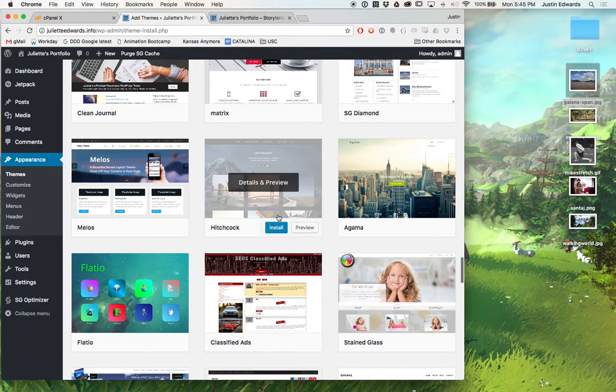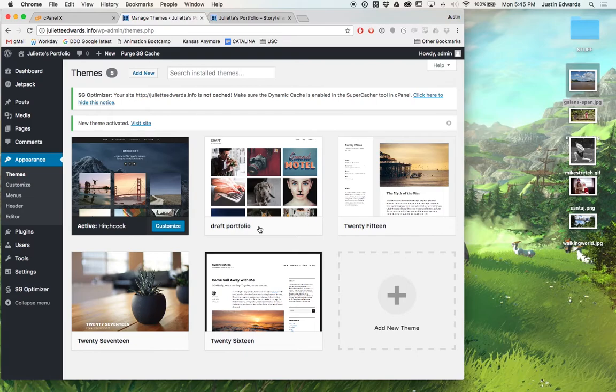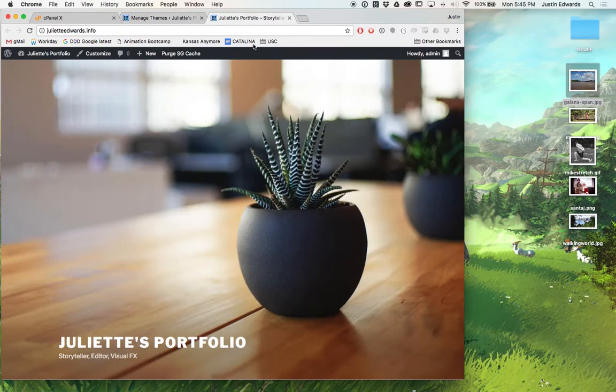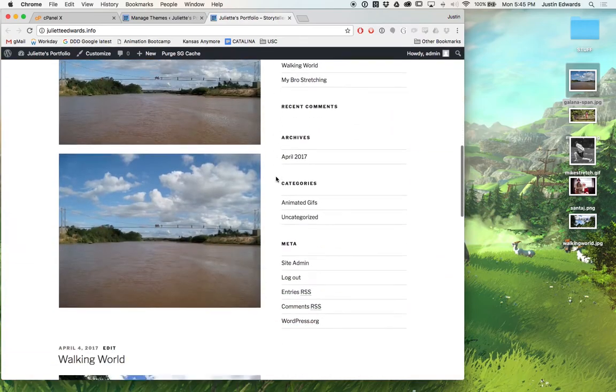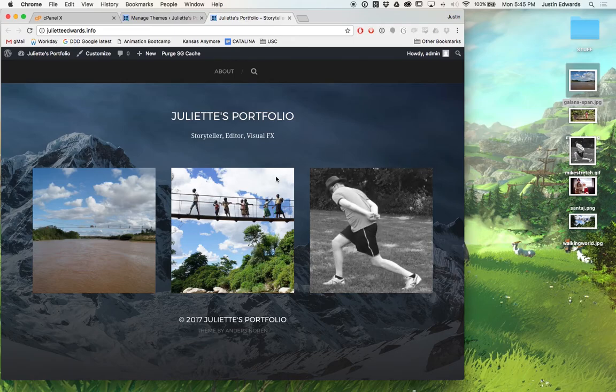Hitchcock, that's the one I was after. I love Hitchcock. I used to use it for a portfolio a couple years ago. The designer's very cool. So I installed it. I'm just going to go ahead and activate it, and that will turn it on. So now when I go to my blog, it's going to look completely different because I've changed the theme. So remember, this is WordPress's default one. Just going to refresh now that I've changed my theme, and voila, I've got a completely different look